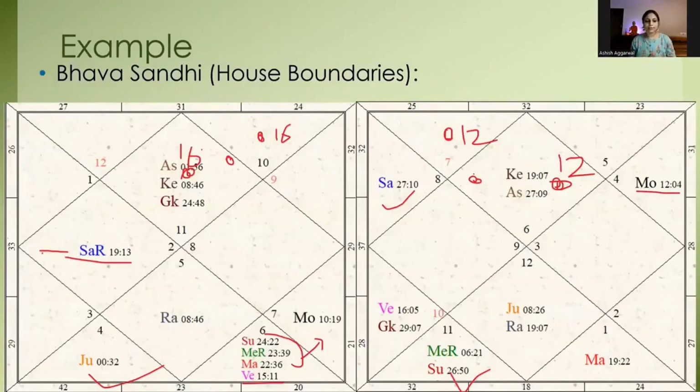The rising sign is Aquarius at 16 degrees. This means a house is 30 degrees, from 0 to 30 degrees, but the rising is at 16. So Bhava Madhya is here. 15 degrees behind and ahead show the house range. The impact of the first house starts at 16 degrees behind, forming its range, and up to 16 degrees the first house is complete.